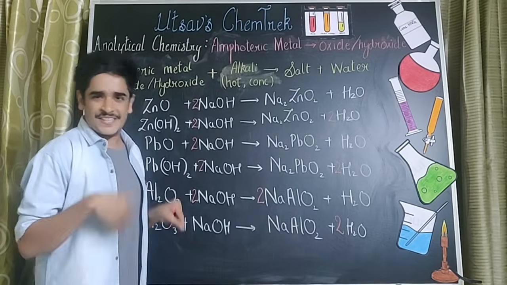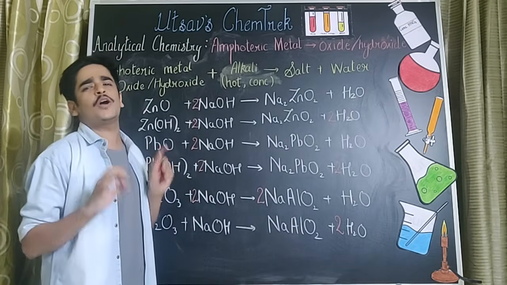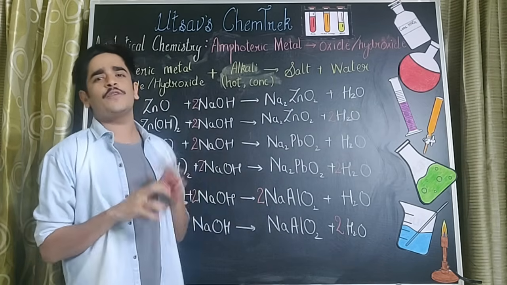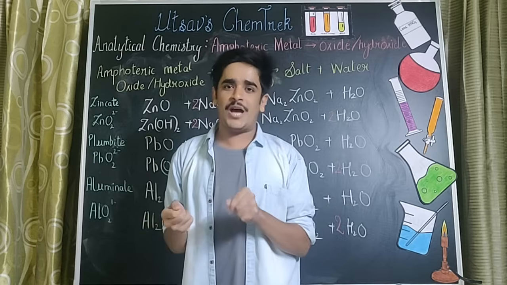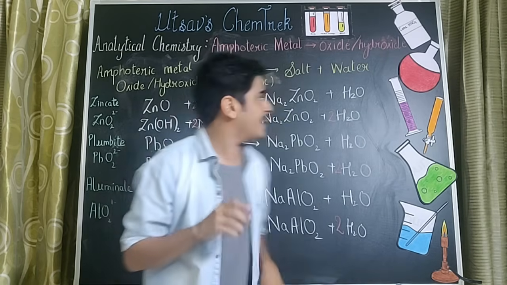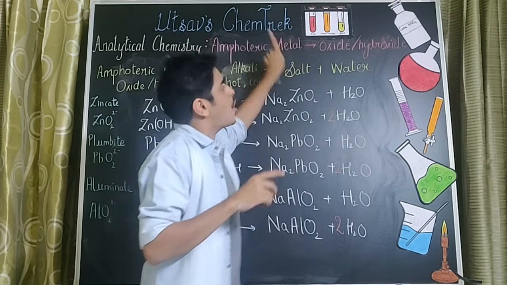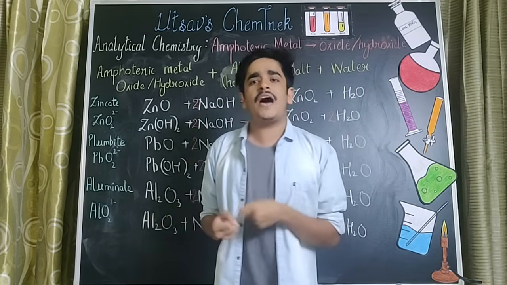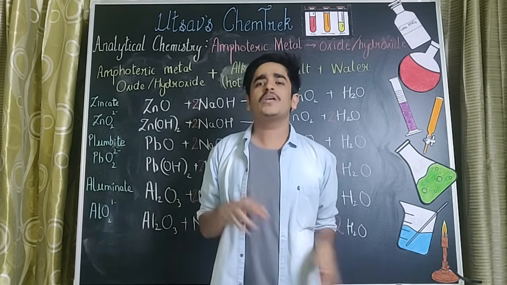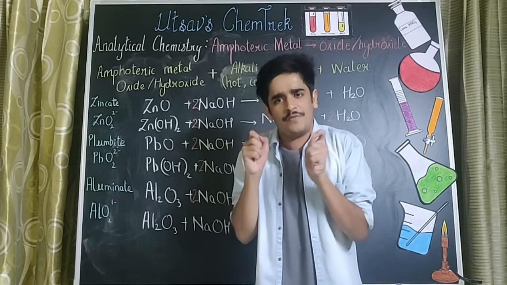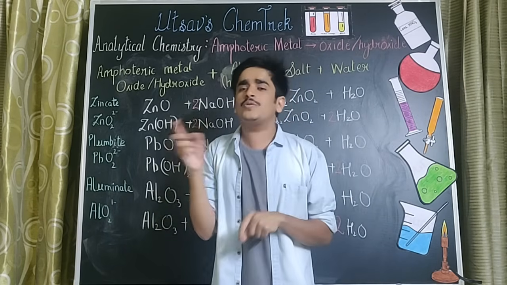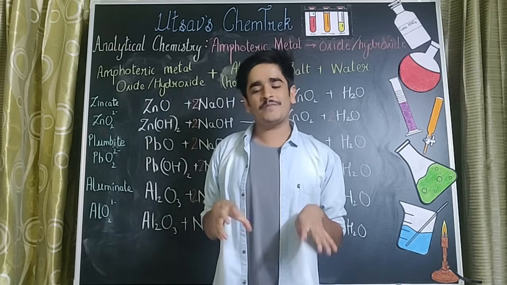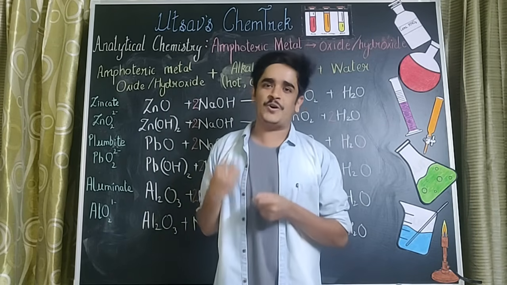So if you guys are still here with me, it just goes to show what real chemistry enthusiasts you guys are. Now we are going for the last part of this particular chapter, in which we are going to take an amphoteric metal oxide or hydroxide. Now what is exactly an amphoteric oxide or a hydroxide? They are substances which are capable of reacting with an acid as well as with an alkali to give me salt and water. For this particular part of the chapter, we are only going to focus on the alkalis.